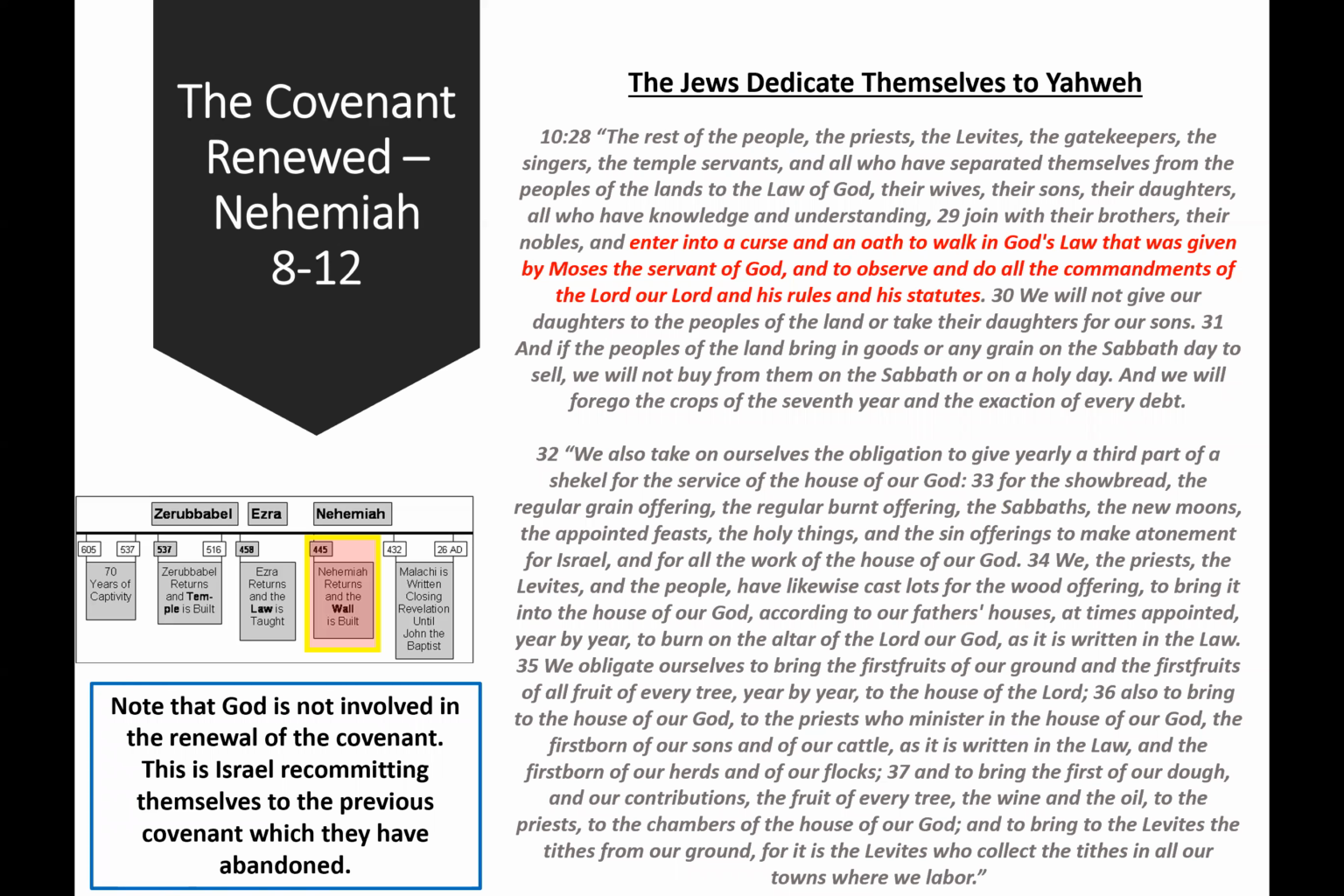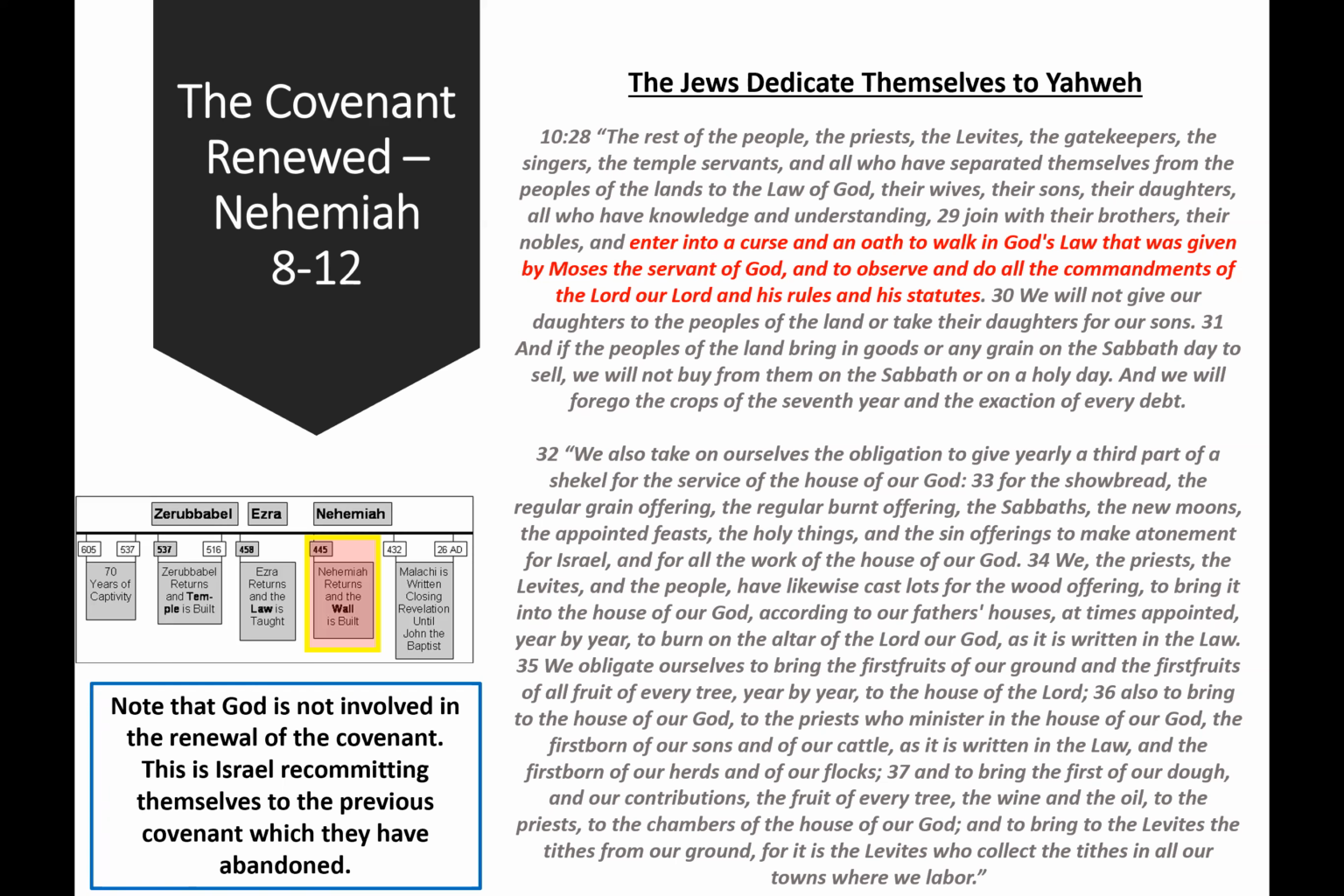We will not give our daughters to the peoples of the land or take their daughters for our sons. And if the peoples of the land bring in goods or grain on the Sabbath day to sell, we will not buy them from them on the Sabbath or on a holy day. We will forego the crops of the seventh year and the exaction of every debt. We also take